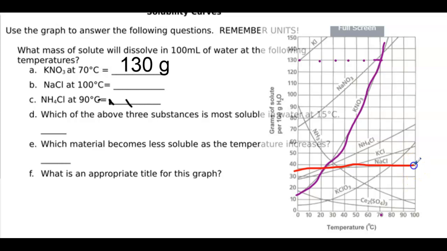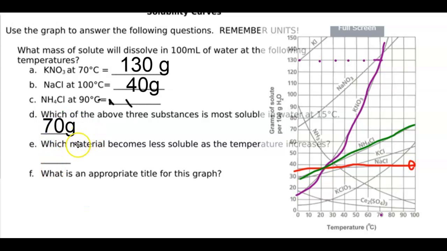At 100 degrees, we're at about 40 grams of salt. So that's much less than our KNO3. This material at 90 degrees, NH4Cl, that looks like a compound can be found right here. So finding it first is probably the most important part. Then you can plot out where it is. 90 degrees is here. And it looks like we're at 70 grams of material being able to dissolve at that